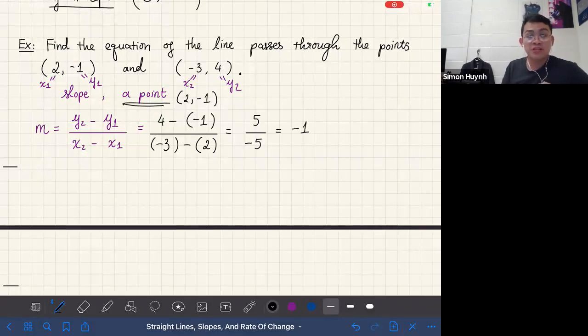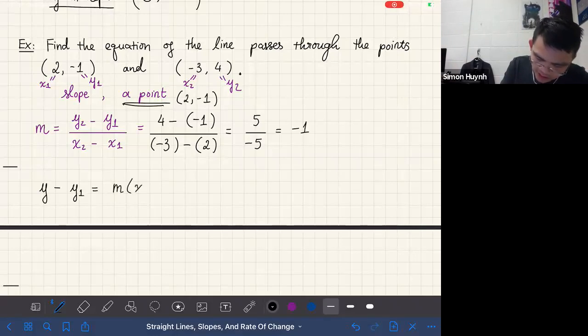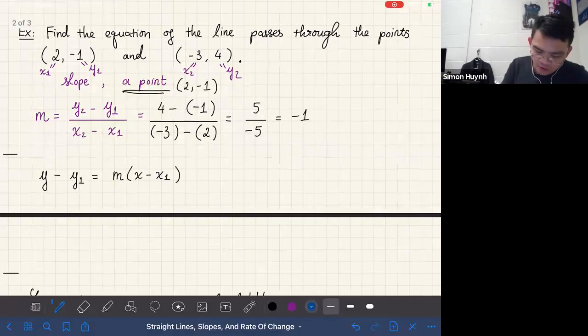So I will have to use the point slope form of this equation. We have y minus y1 equals the slope times x minus x1. So I'm going to plug in the values of the slope, x1 and y1. And so we get that